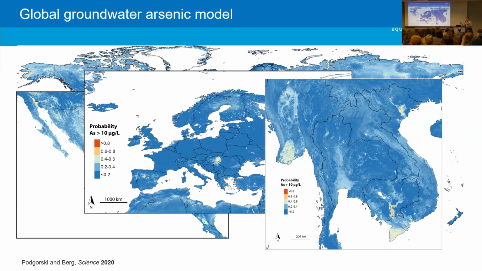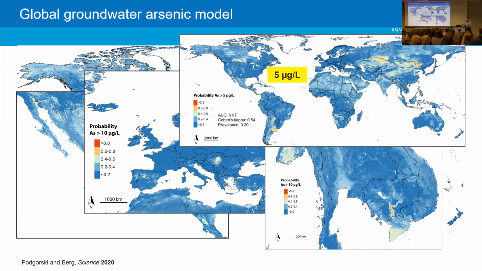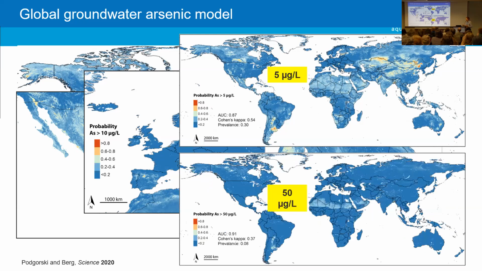So, like I said before, the WHO guideline is accepted by many, but not all. So I think in New Jersey, they use 5 micrograms per liter as their guideline. So we created a map at the 5 microgram per liter level. And well, I'm sure there are others too. But anyway, it's interesting, right, to see what the differences are. And then also at 50 micrograms per liter, which is the old WHO guideline and still being used by some countries. So you can do this sort of modeling for whatever the intended use of the map is. So of course it's flexible that way.